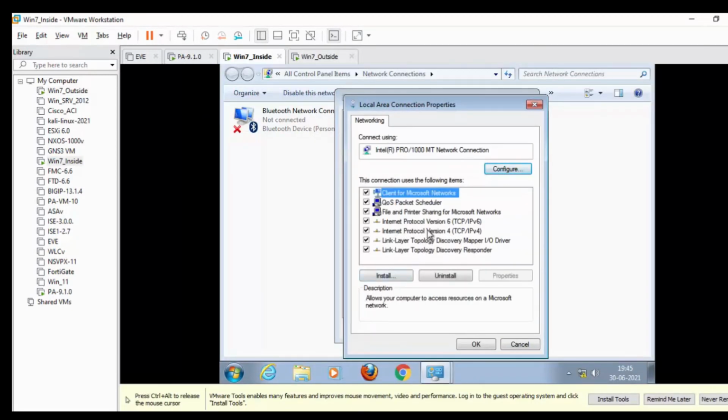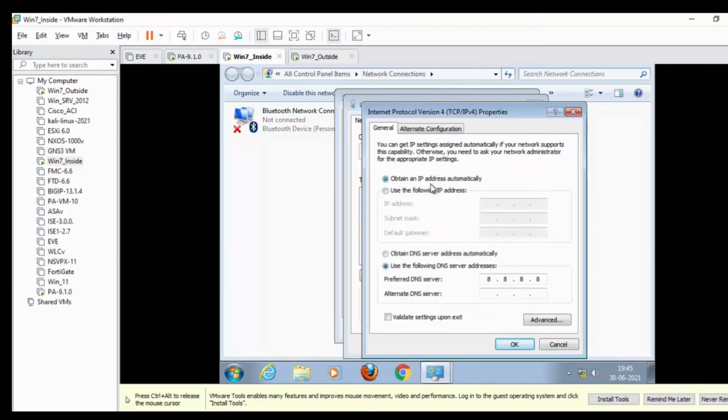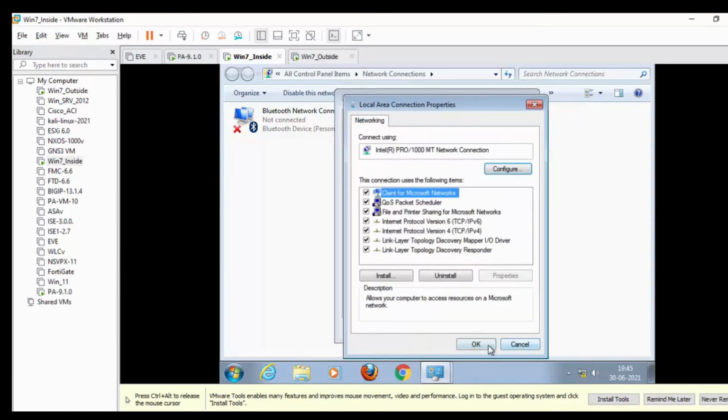Go to the properties and Internet Protocol. Instead of obtain, use the following IP address: 192.168.3.10, and the default gateway is 192.168.3.100, and preferred DNS is 8.8.8.8. Click on OK. Click on OK.